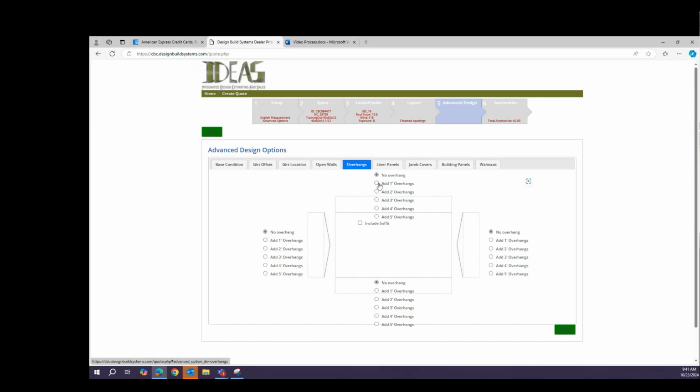You have the option to do anywhere from 1 to 5 foot. And if you choose, so we're going to do a 5-foot overhang on the front side wall. Make sure that you note if you want soffit or not. So if I say include soffit here, the standard default is reverse PBR 26 gauge. You can also do